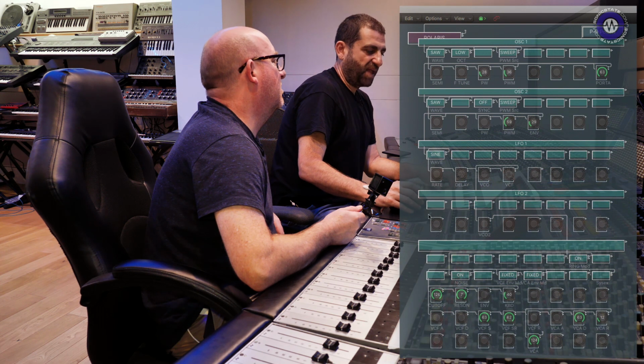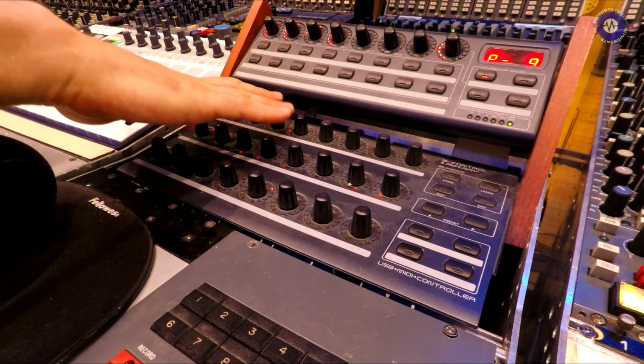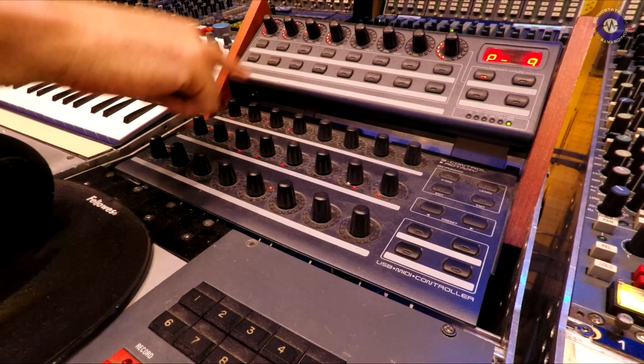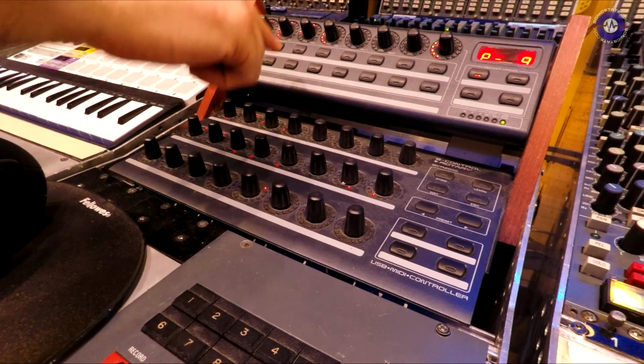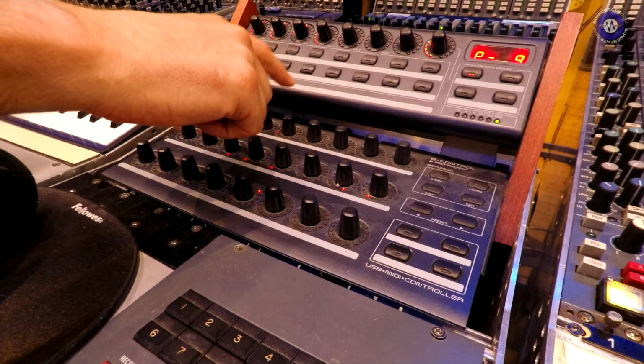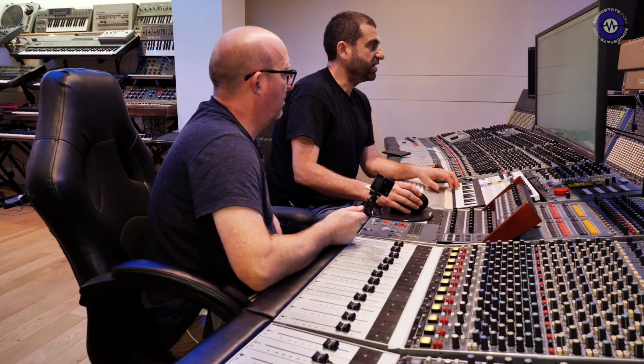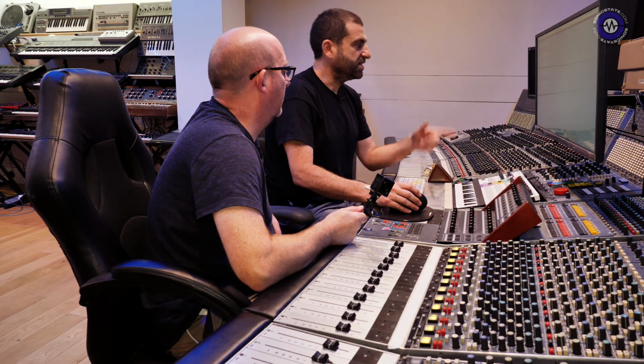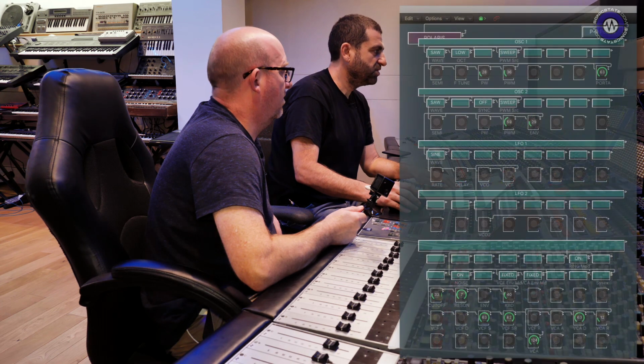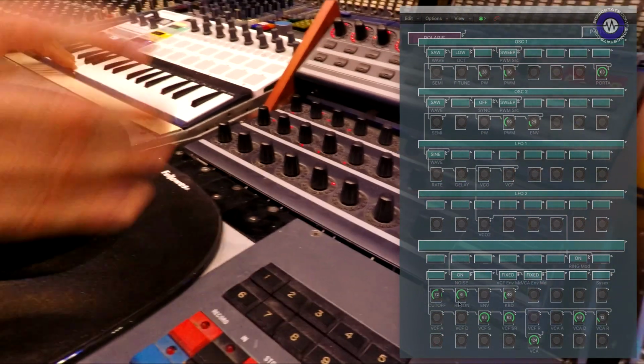And then here I have the filter controllers: filter cutoff, resonance, filter envelope amount, and keyboard tracking. So this is global for all the synths, and I can either do it from here, using the mouse, or